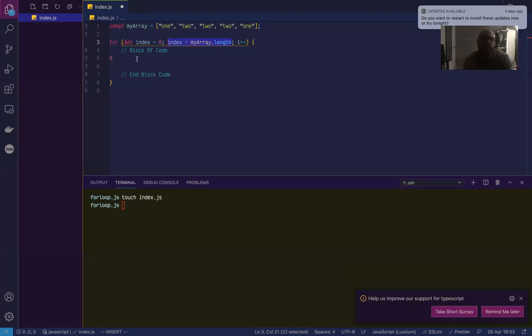So since it evaluates to true, that means that this is going to be incremented by 1. So now we take this 0, we turn it into a 1. It's going to run through again. It's going to ask itself at the end, okay, is 1 less than my array.length? That's true. So then it equals 2, so on, so forth until